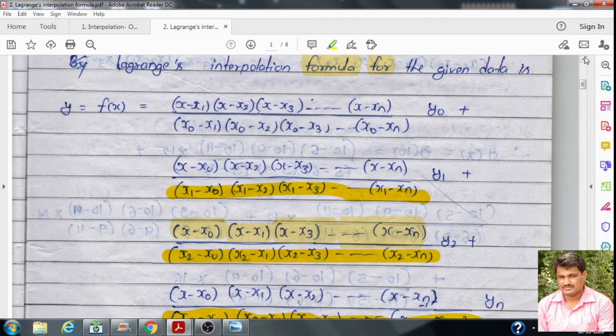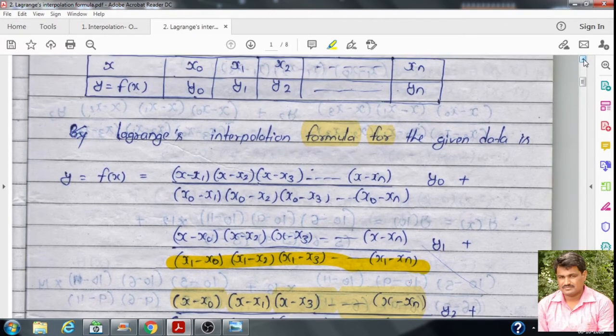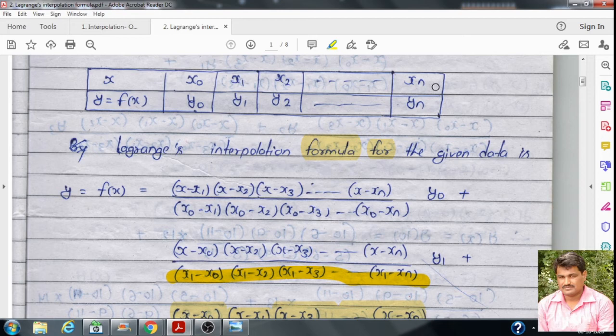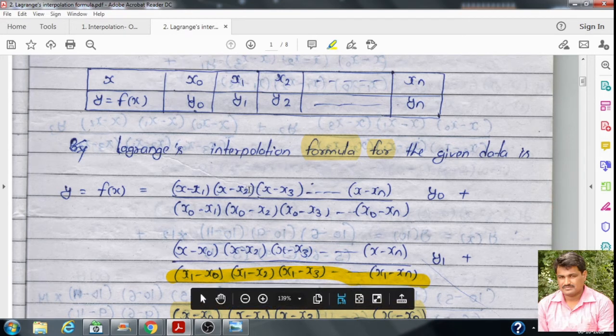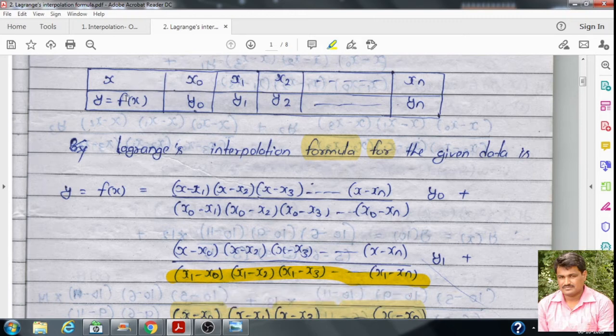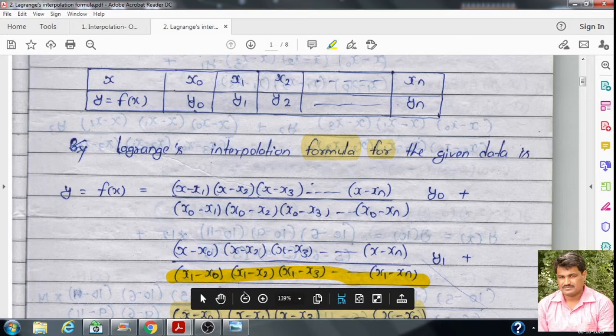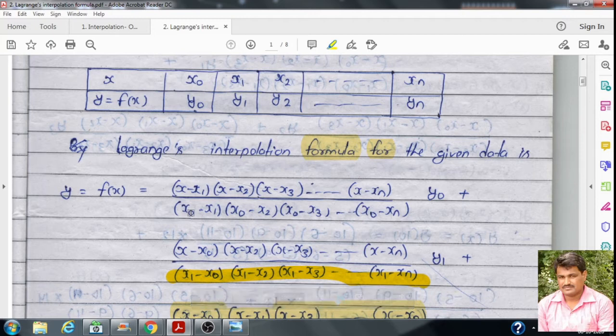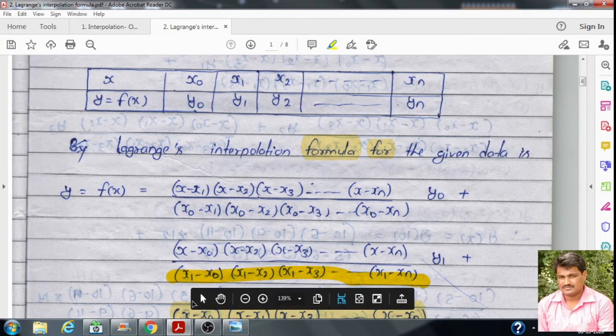In this formula, you remember we have given the total n plus 1 points x0 to xn. In the first term of this interpolating polynomial, in the numerator, actually this is the values of x. Then this is y is equal to f of x. Then this function should contain the factors x minus x0, x minus x1, x minus x2 and so on to x minus xn. Then in the first term we skip x minus x0. In the second term we skip x minus x1 and so on. And the same numerator we take in the denominator, only changing the x by x0 first, then x by x1, x by x2 and so on.